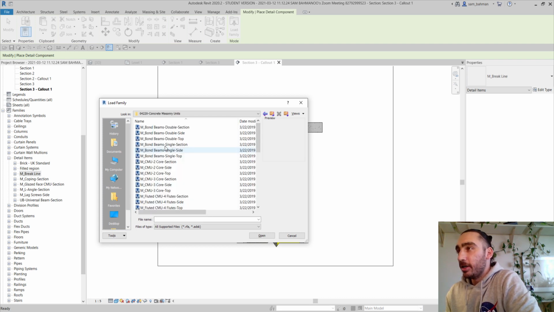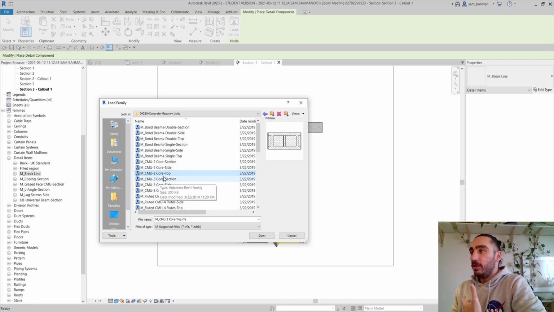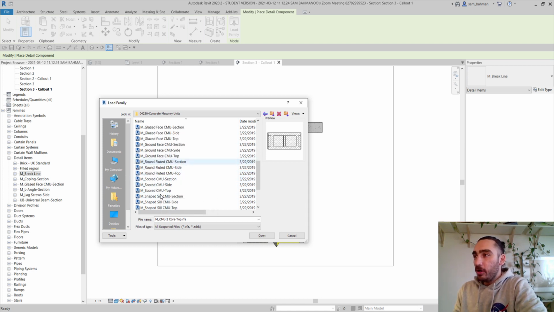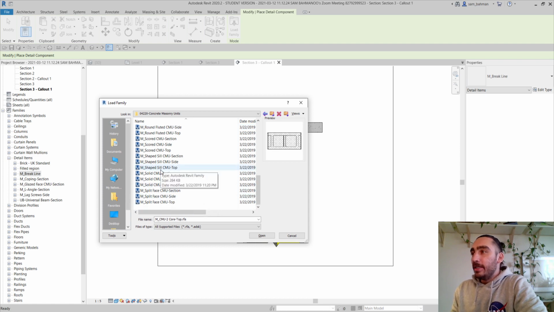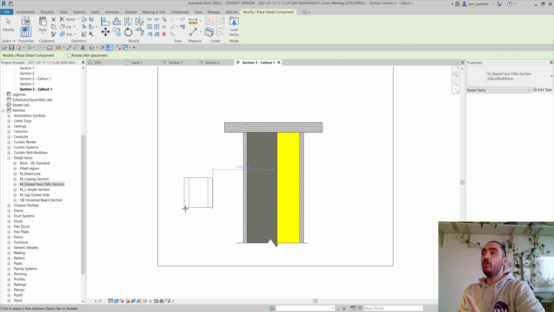So I'm going to click there, and then you can start navigating among all these views that we have. Depending on whether you want to work with the top view, side view, or section view, you can choose different sorts of detail items. The one that we're going to need is the glazed one. So now that we loaded in the cavity block that we were looking for,